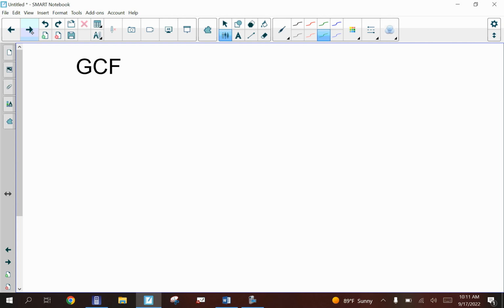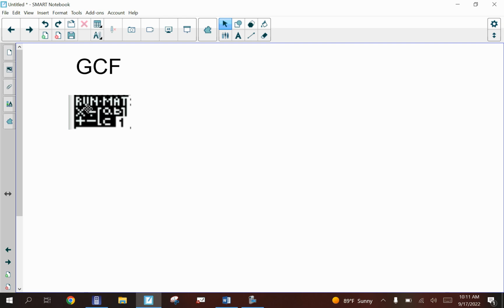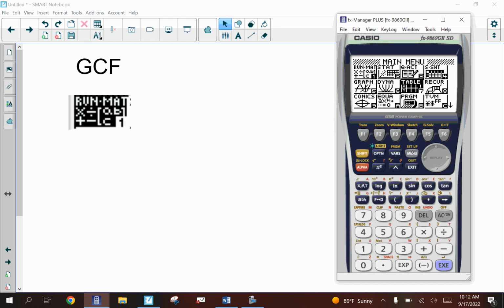The other thing we're going to want to get the calculator ready for is to find the GCF for us. The first step of every problem should be to calculate the GCF if it has one. To get to the GCF, it's a lot of buttons. You're going to be in the regular calculator mode for this. So if I go into my menu, I can head over to Run Math